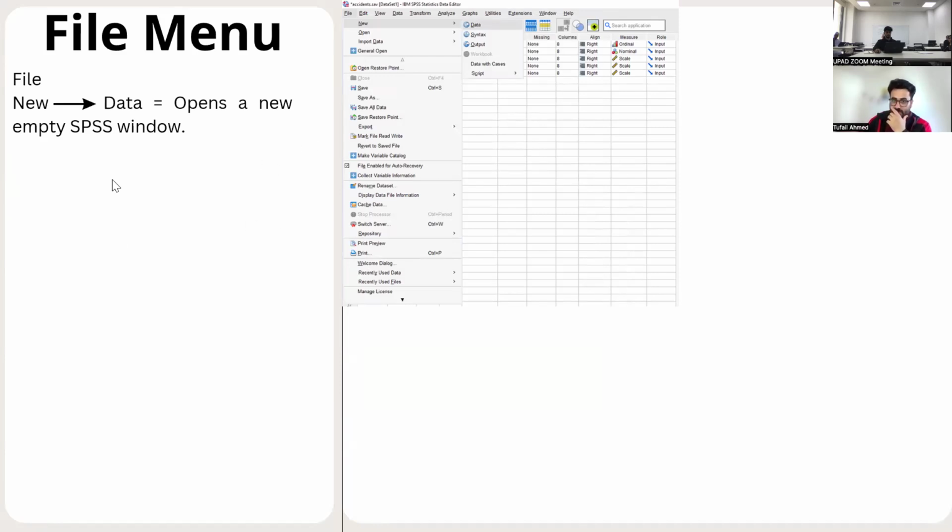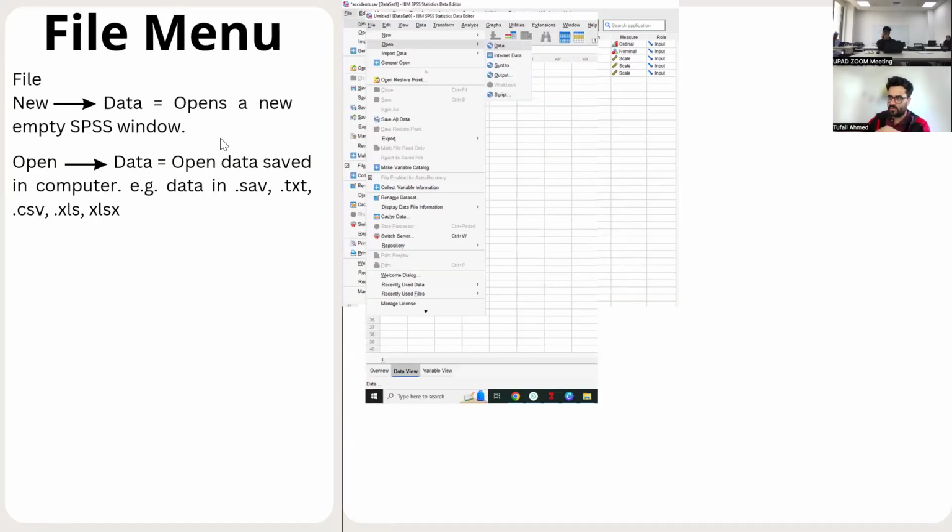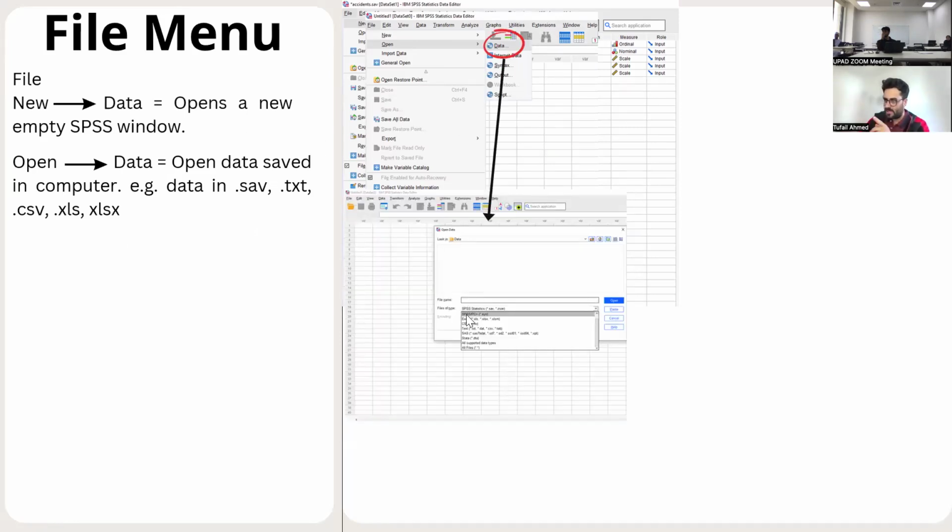You normally go to the file menu. If you have data, you click file, then open, and then data. If you click data, you can see there are multiple types.